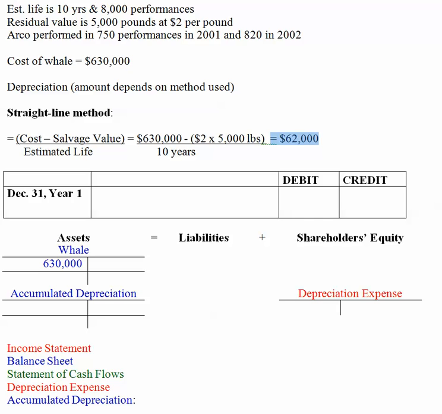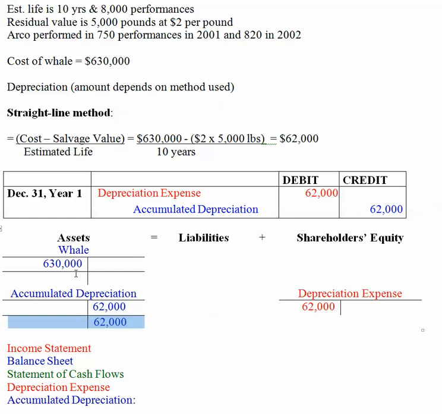We're going to expense 62,000 each year. The entry you make is you debit depreciation expense and you credit accumulated depreciation. We don't credit the whale account, we leave that whale account at its original cost. The accumulated depreciation will be booked, or posted, there. If you look at this together, the whale and the accumulated depreciation will be netted together on the balance sheet, and their net will be the